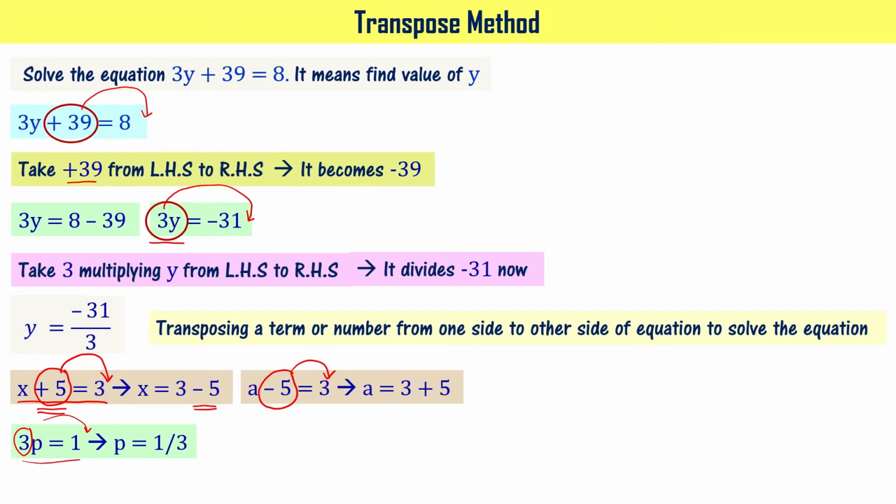Now let's take a look at another example. The equation given here is z divided by 3 equal to 1. If I transpose this particular 3 onto the right hand side, then it becomes z equal to 1 times 3. I hope you got the concept. Now you are clear about transpose method, right? We are going to make use of transpose method only to solve few more problems.